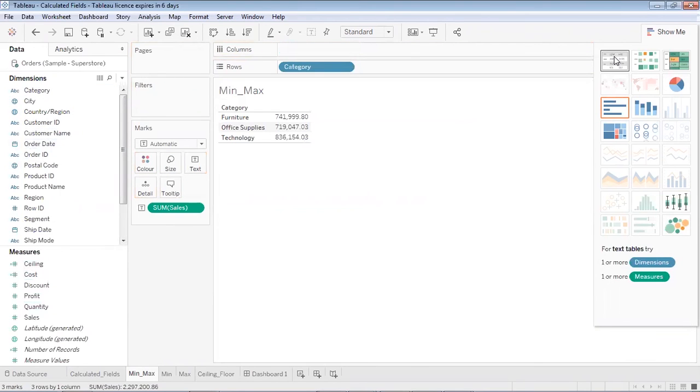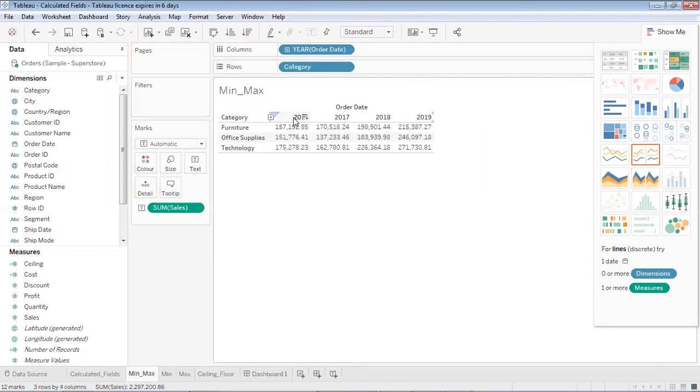I'm creating a table over here. So this is the sales of each of the products over here. Now this is an aggregate value. This is the total sales for the category across the categories for the last 4 years. That is, if I would place this over here, then it says that from 2016, 17, 18, and 19, across these 4 years, what has been the sales for furniture, what has been the total sales for office, what has been the total sales for technology each year. This is what this table is showing.